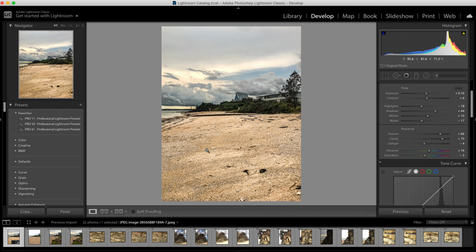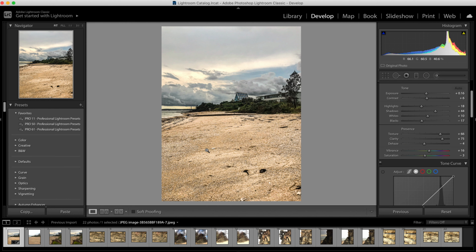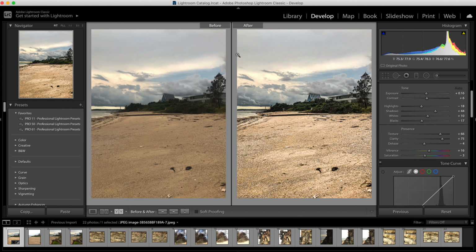Now, if you press, I think it's backslash. Yeah, so you can see the difference there already. Toggle it back and forth. I think you can also press on one of these and it'll show you the before and after photo right there. And that's pretty good. I like it just like that. I don't like to do too much to anything else. You can really make this shot moody if you really wanted to. For example, let's just go